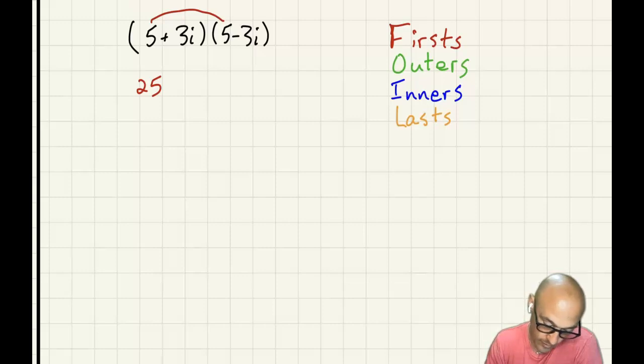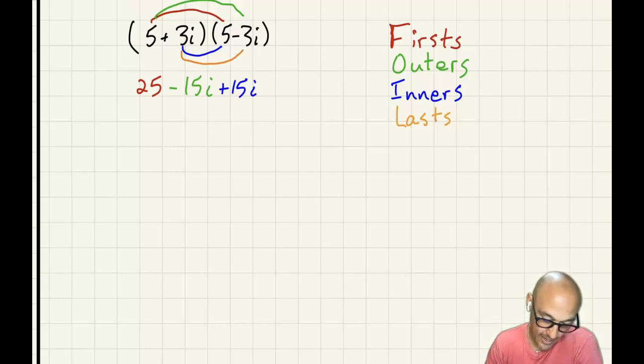Outers, 5 times -3i is -15i. Inners, 3i times 5 is plus 15i. And lasts, 3i times -3i is going to be